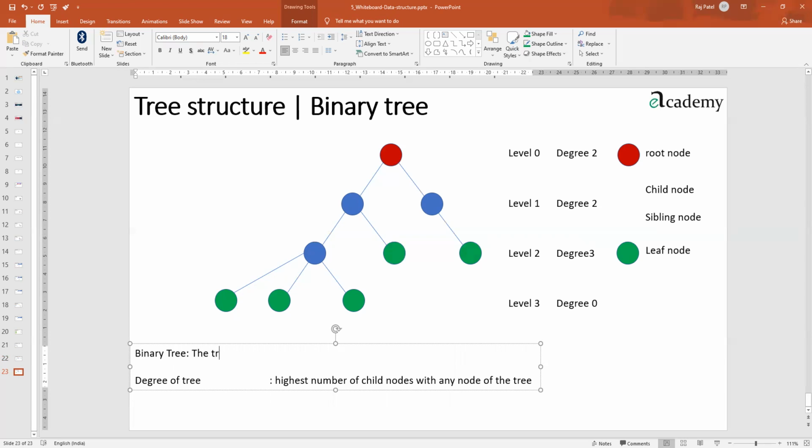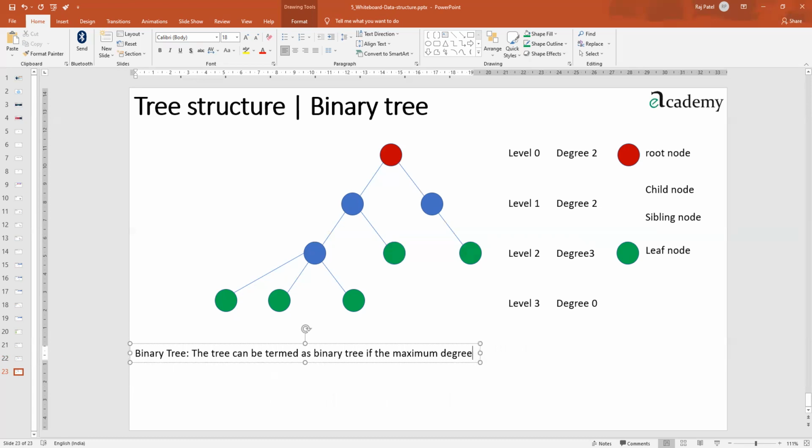A tree can be termed a binary tree if the maximum degree, let me be more technical now because you have learned it, the degree of the tree is 2.